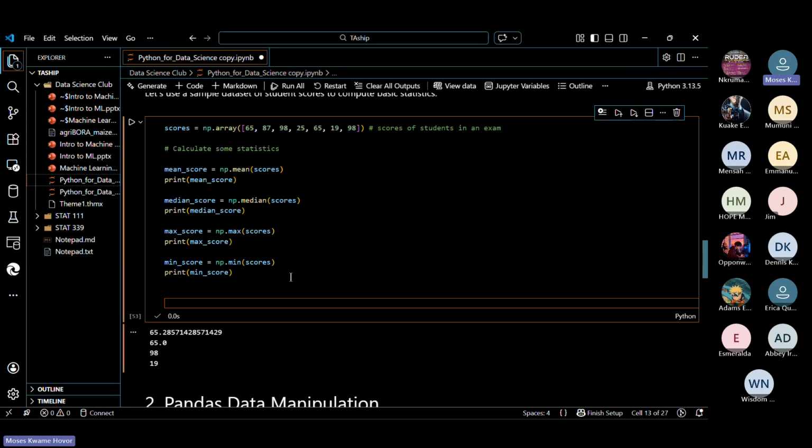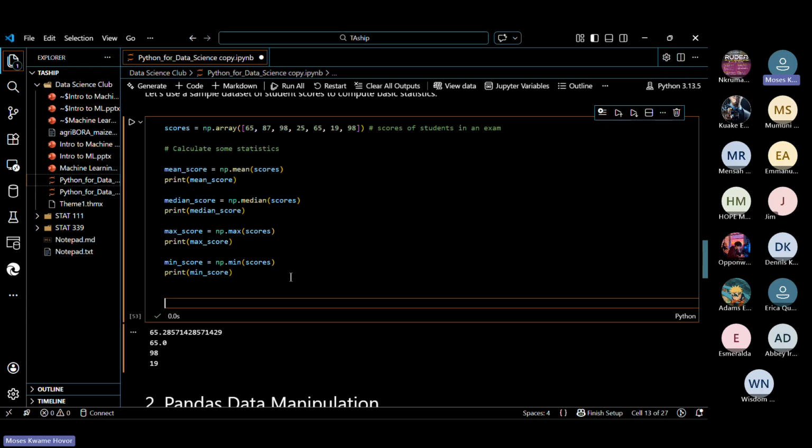Let me tell you the main reason why we are using the NumPy library: it is very, very fast, and it helps us to handle data. What we are doing here is very small, with 5 or 6 elements, but we can have much more data.